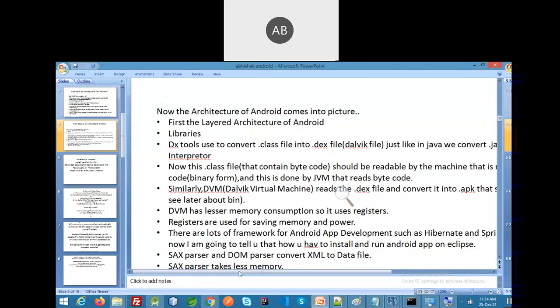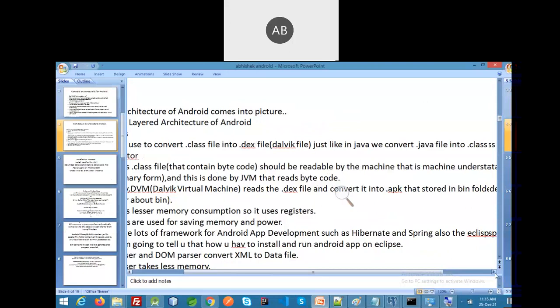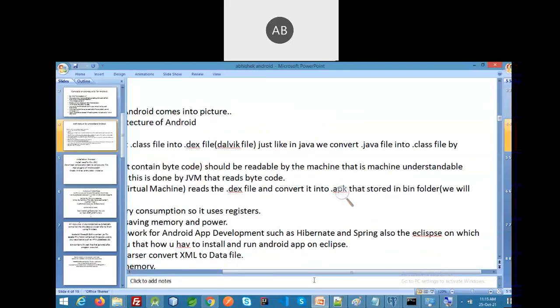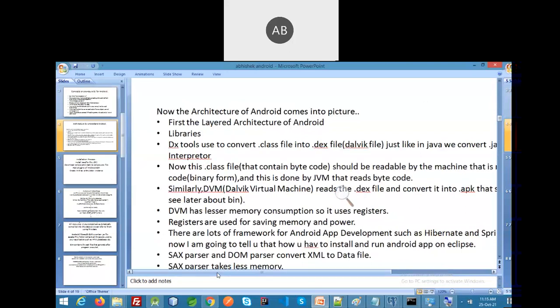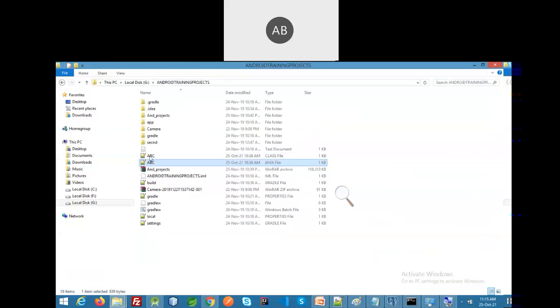So basically, for your understanding, this is a kind of compiler. Just like we convert a .java file into a .class file, I showed you today when the .class file was converted. The .java file was converted into a .class file, which we saw here. This was a .java file, I converted it into a .class file by compiling with javac. In the same way,